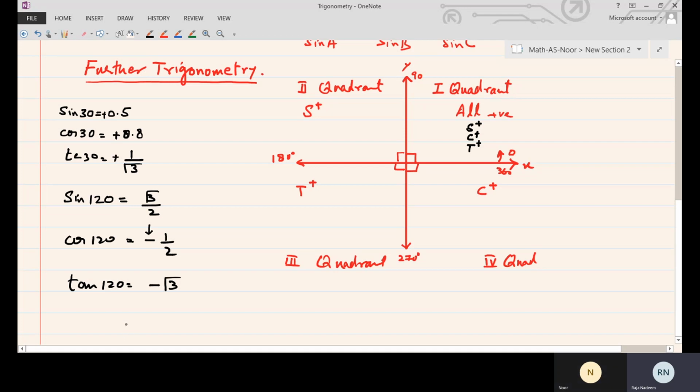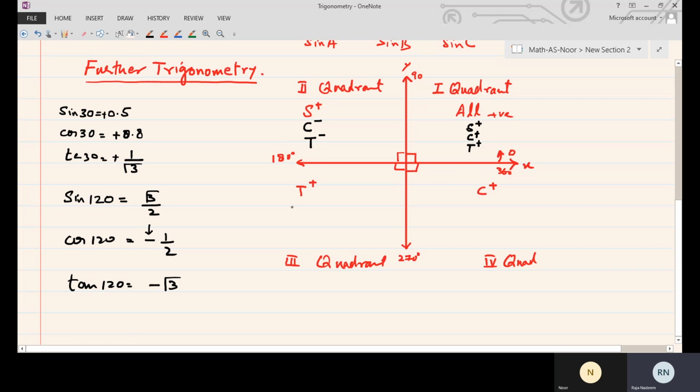Okay, so when we are saying all are positive, so sine positive means sine at an acute angle will give you a positive answer. So sine positive, cos positive, tan positive means we are getting some positive answer. When we say that in the second quadrant sine is positive, so any obtuse angle from the second quadrant will give you a positive answer with sine, but with cos it will give you a negative answer, and with tan it will give you